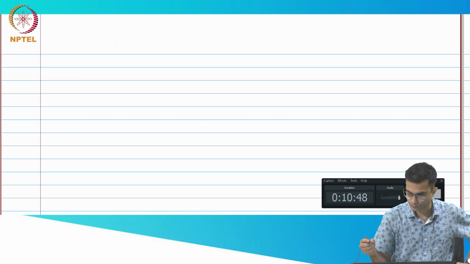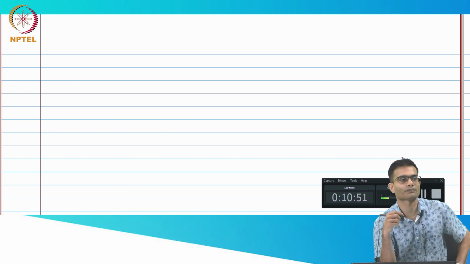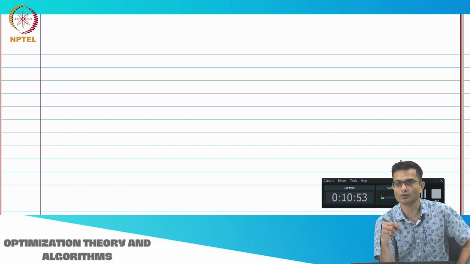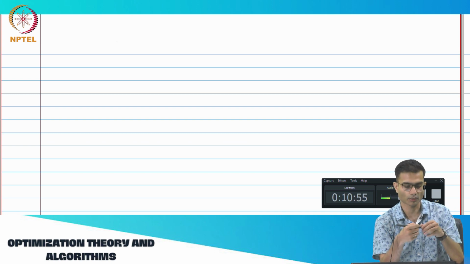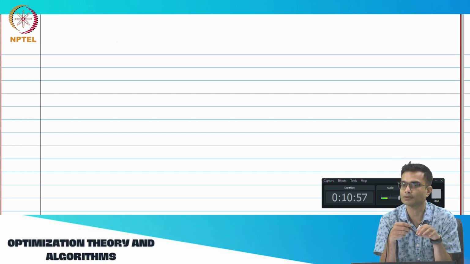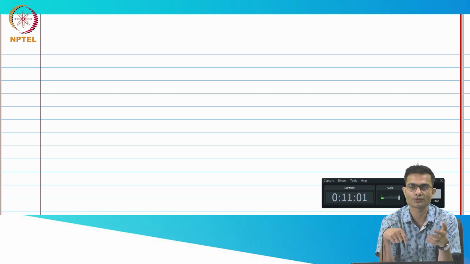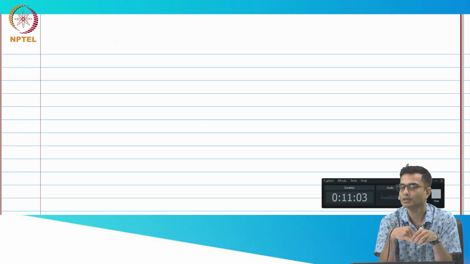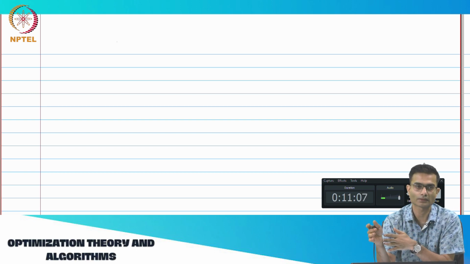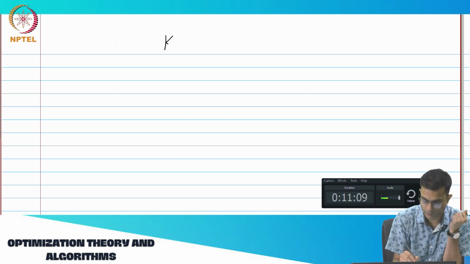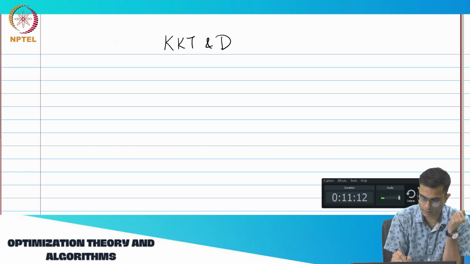Okay, so now we have, this is possibly the last topic of this course, also a very important topic in the subject of constraint optimization. Many of you may have come across these terms as you've been reading papers. So this is the connection between KKT and what is called duality. Okay, so that's what we're going to explore now. KKT and